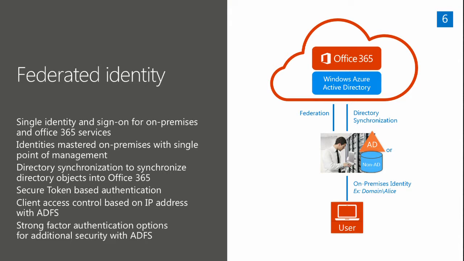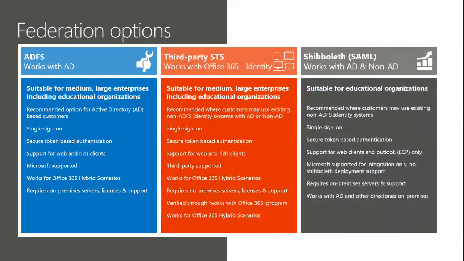Federated identity is where we look at doing either single sign-on or just having your authentications done on-premises. This may be with Active Directory Federation Services, or it may be with a third-party STS or identity provider, or it may be with Shibboleth, which is a SAML-based identity provider. Shibboleth is something that we support out of the box with Office 365, and we have TechNet documentation on configuring that. The Shibboleth identity provider is used by a number of educational organizations, and it's available as open source for